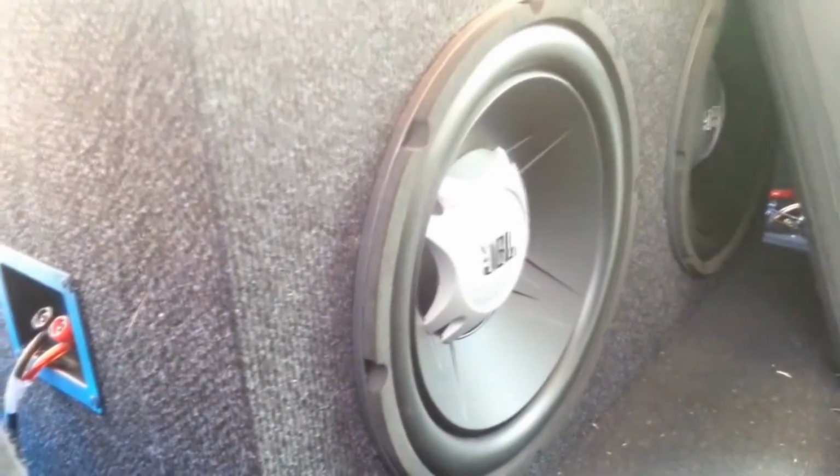Once I grew up, I wanted a sound system that is banging, even in the car. So right now I'm working to update the sound system in my car, but also at the same time, why not in my house? As a bass head, of course, I started low because I didn't know that much. Not that I'm a professional right now, but still, I didn't know anything about car audio and subwoofers and all of that, right? So I started, as I said, small with two subs of